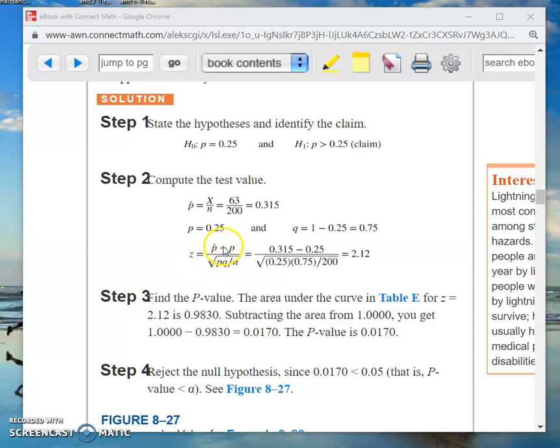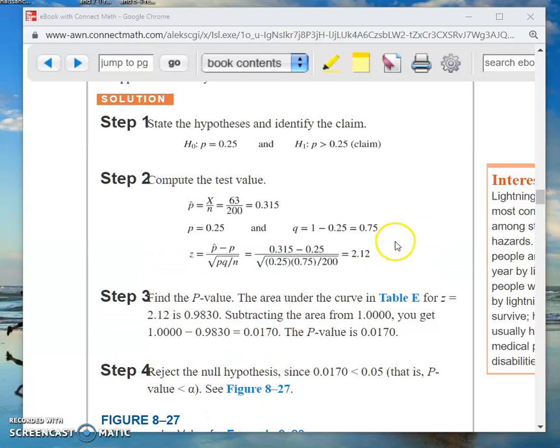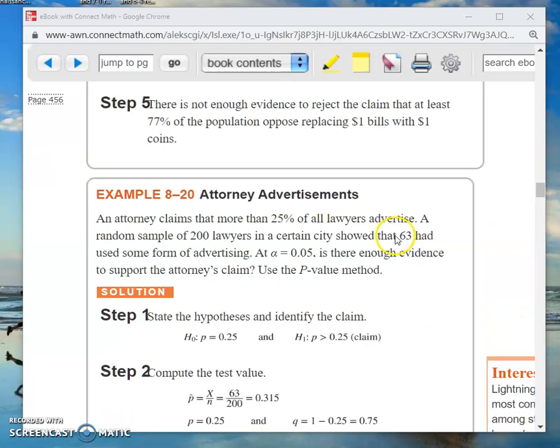Up on top, you have how surprised are you? The P hat is the results of your experiment. P is the hypothesized value for the proportion. So P hat, take away P, that's how surprised are you. And then on the bottom, that is the yardstick that we're going to use. Okay, so we're just using the same formula that we've been using all along. And what do we get? 2.12. Okay, so now what you'll notice here is we never computed the critical values because the problem said to